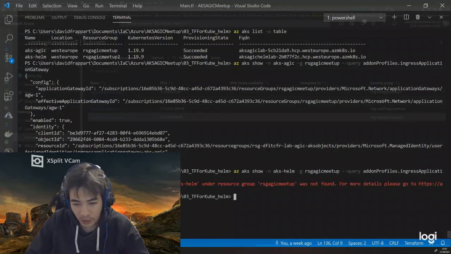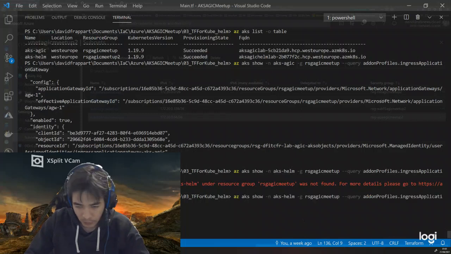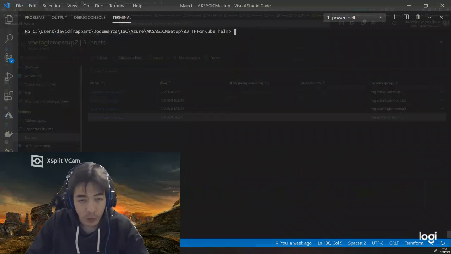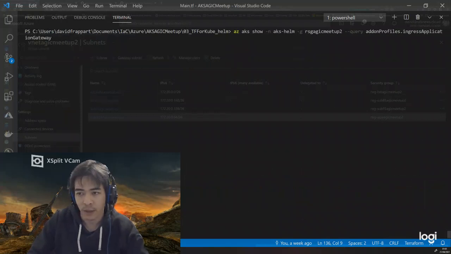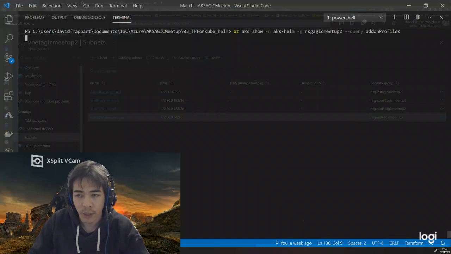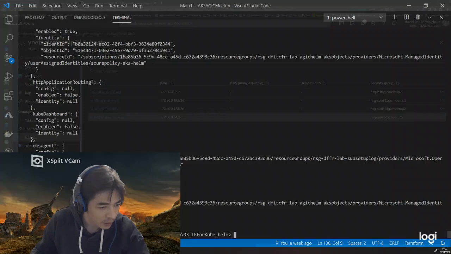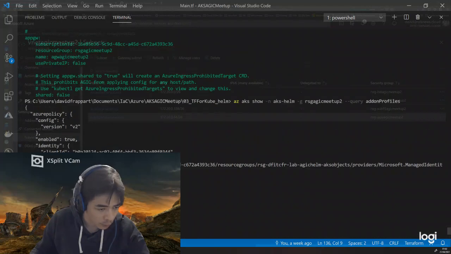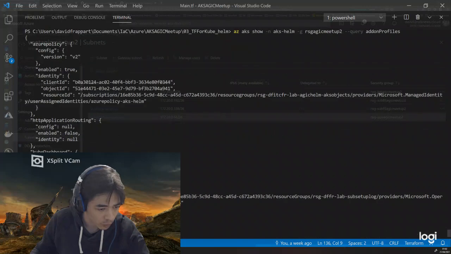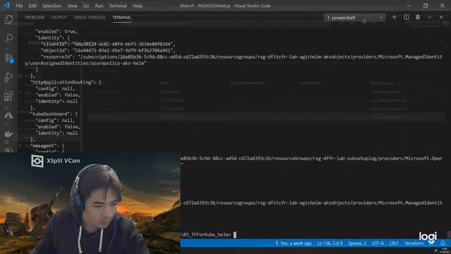I don't have anything because I forgot to change the name of the resource group. I think it's true. And as you can see, I don't get anything for the add-on because I did not install the add-on. Let's remove the ingress and just get all the add-on just to be sure. If I'm checking over there rapidly, there is Azure policy, there is HTTP application routing, but it's not installed. There is Kube dashboard. There is OMS agent, but nothing else. Okay, so it's not deployed. Okay, perfect.